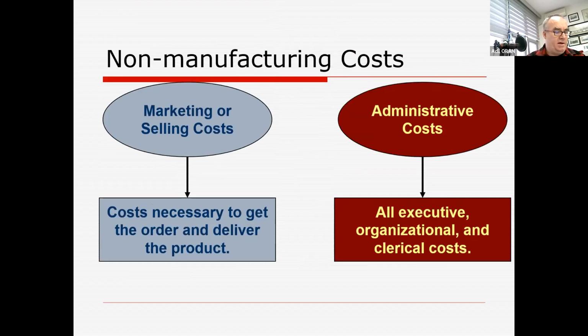Okay, and then we separate out manufacturing versus non-manufacturing costs. So what we have are non-manufacturing, like marketing and selling costs. In manufacturing, we're talking about how much does it cost to make this particular product. But after it's made, how much does it cost to sell something is classified separately. So costs necessary to get the order and deliver the product to the customer are examples of marketing and selling